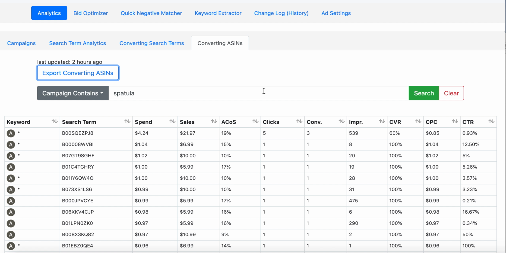And that's because the automatic campaign is, it's there and it's showing that these all have sales. So what we actually do is you have that here, you can export it, and then you can target it, okay? Make a new product targeting campaign, okay? Target all of these and just increase the bid a little bit,